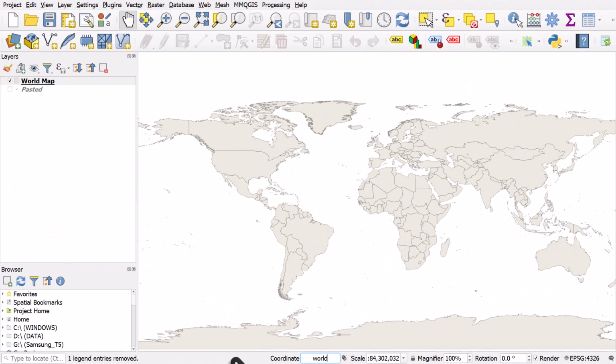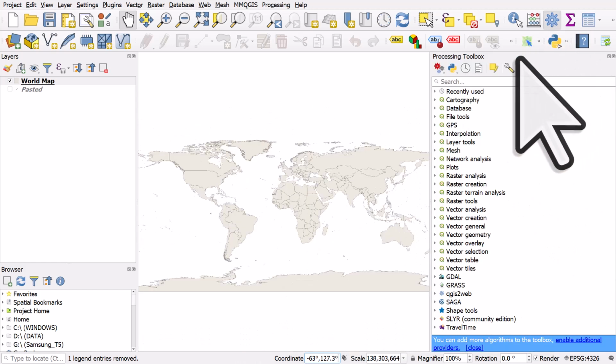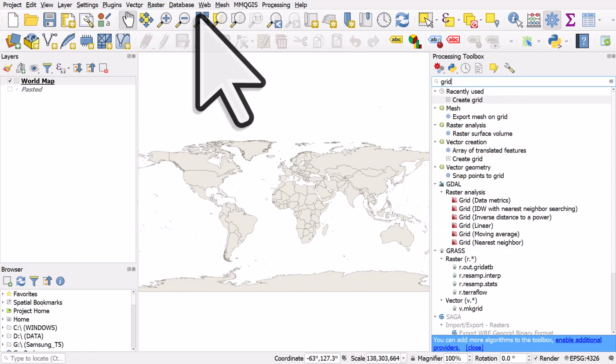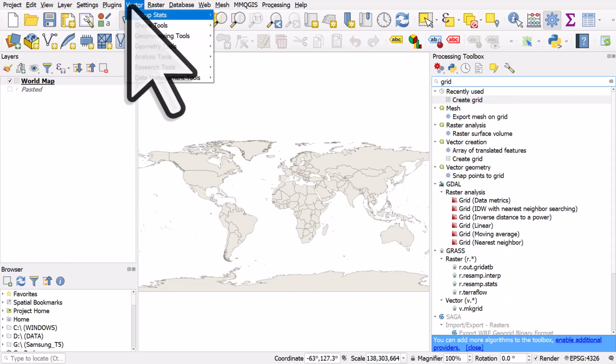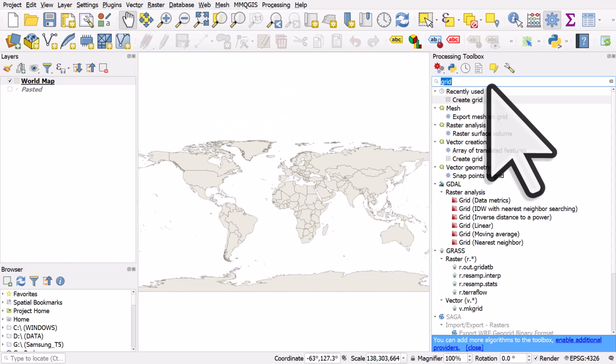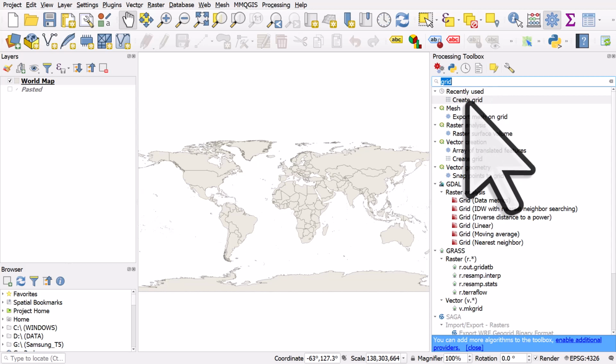The first thing I'm going to do is just create some points. So I've got a world map, and I'm going to click on the toolbox icon. And here, what I'm going to do is type in grid. You can also get this via the vector menu, research tools, and create grid. But I find it easier to search in the processing toolbox because I don't need to remember then which toolbar or menu option it's in. So I'll double click create grid,